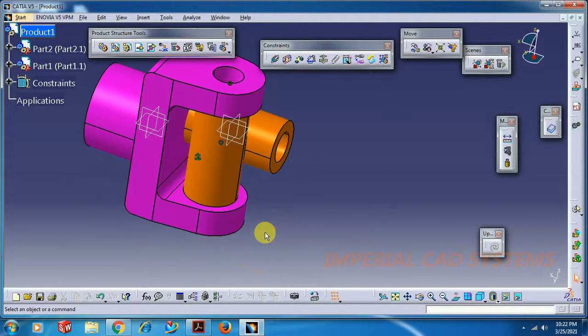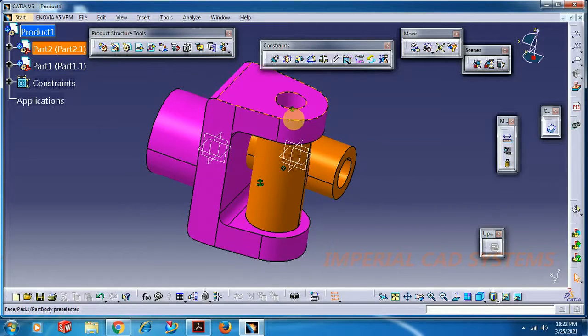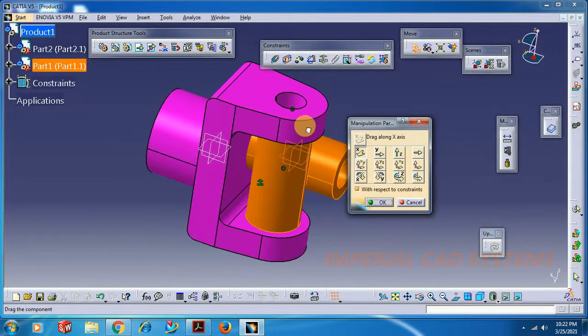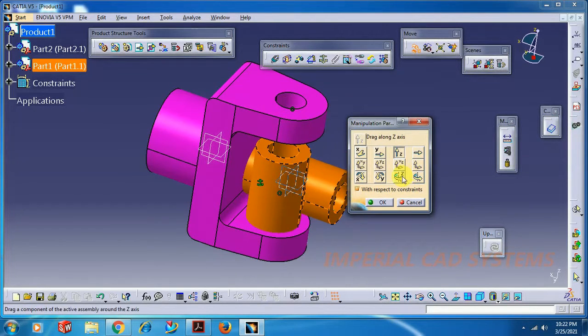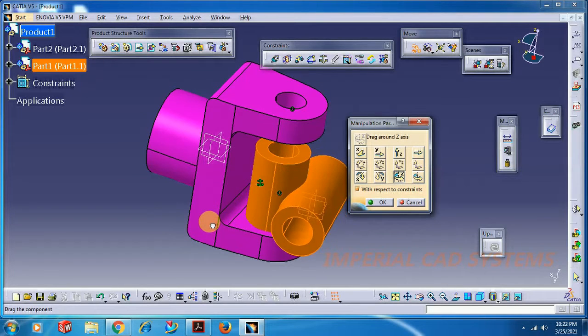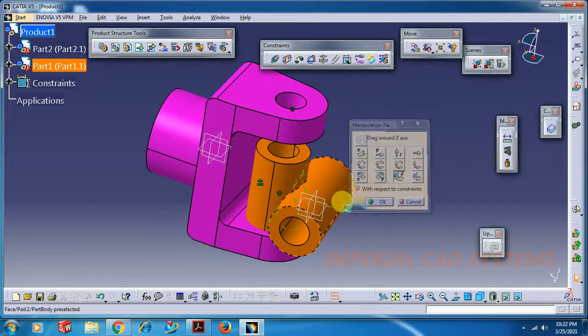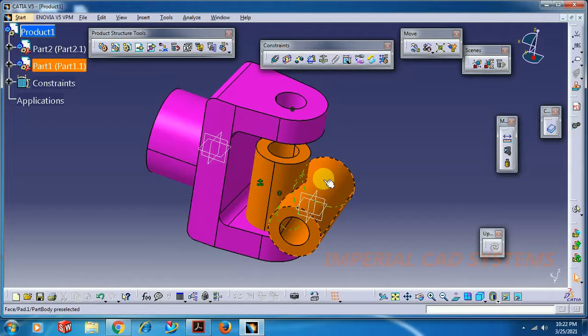Now it has only 2 degrees of freedom: Z translation and Z rotation, like this.